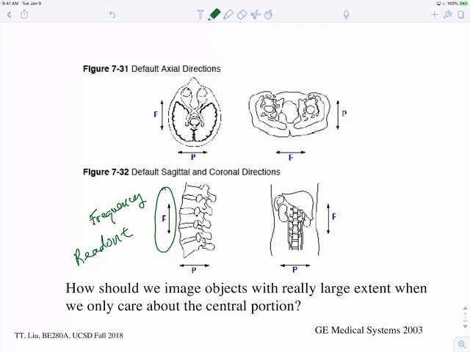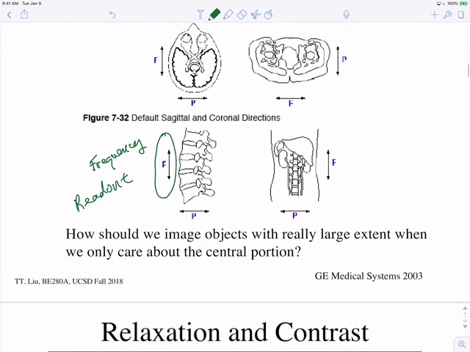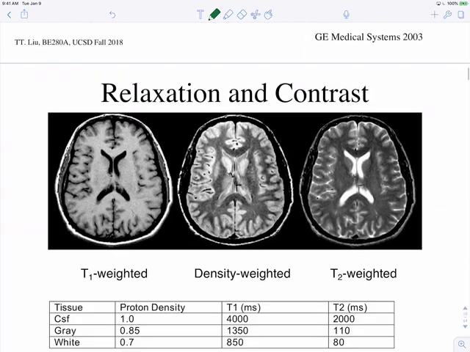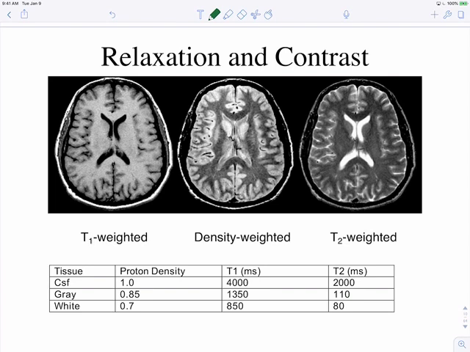Okay, great. So we are going to now change gears a little bit. We've talked about how to go through K-space, and we're now going to switch gears and talk about relaxation and contrast. Okay. So what we have here are 3 different images of the same head. Okay, but they look really different. All right. So this was just someone lying in the scanner for maybe half an hour, and between the different scans,